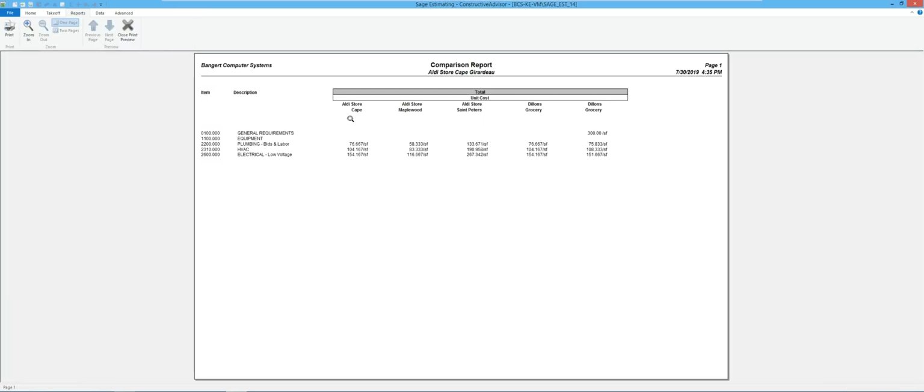If I say preview, and this is a store that I was just working on, I can see that this $76 per square foot was maybe a little bit higher than that particular store was, or maybe a little bit lower than that store was, or actually a little higher than some of the Dillon stores have been, or whatever the case is. So it's just a nice way that I can go through and say, well, wait a second, why is my estimate higher than ones I've done in the past, or lower than ones I've done in the past? Maybe I could find an error before I actually give an estimate out to a client or a prospect and so forth. So it's very powerful to be able to actually look at that.